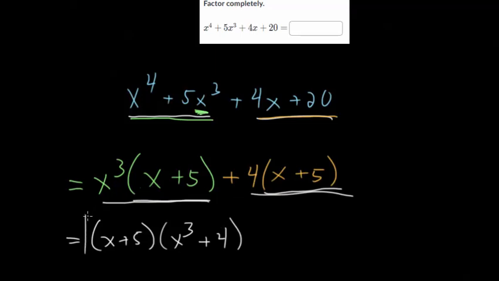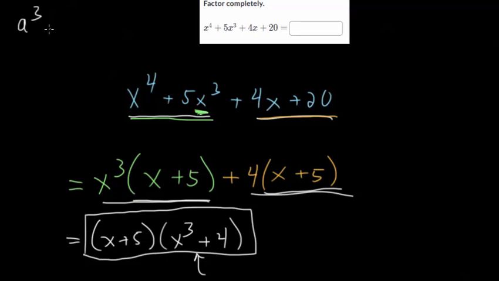So this will be our final answer because there's no easy way to factor this. It's not a difference of squares. It's not a quadratic. So we'll just leave it as this cubic. Now, sometimes you can factor cubics, but we're looking for the case where you have a cubed plus b cubed,